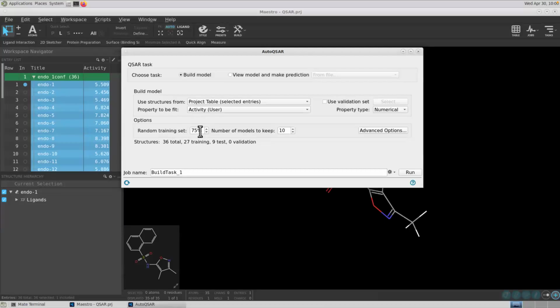So the default is 75% in the training set. Normally people use 75% or 80%. So if I do that, out of 36, 27 will be my training set and 9 will be my test set. Okay. So keep that one as a default. And in the property type, since these are numerical, there is no categorical, we'll keep this as numerical. Okay. And if I go to the advanced option here,